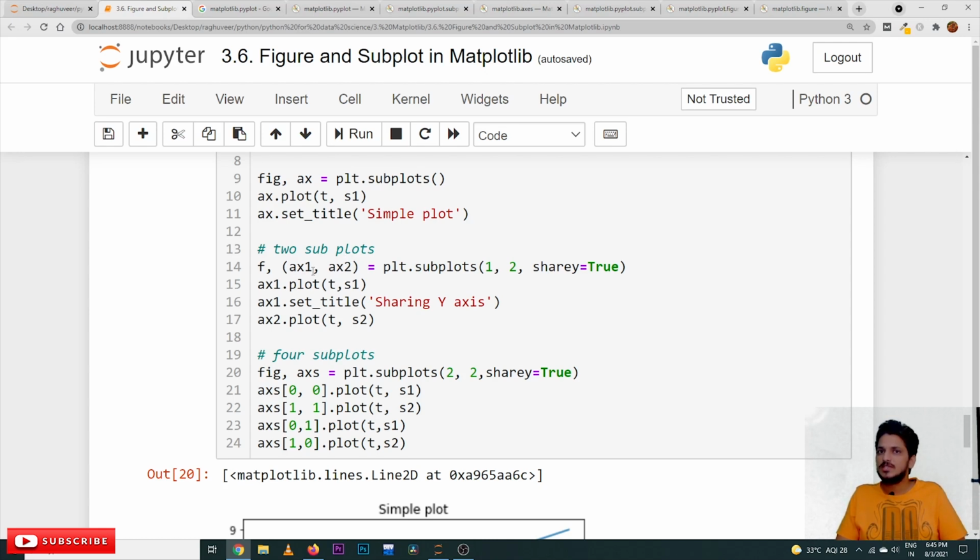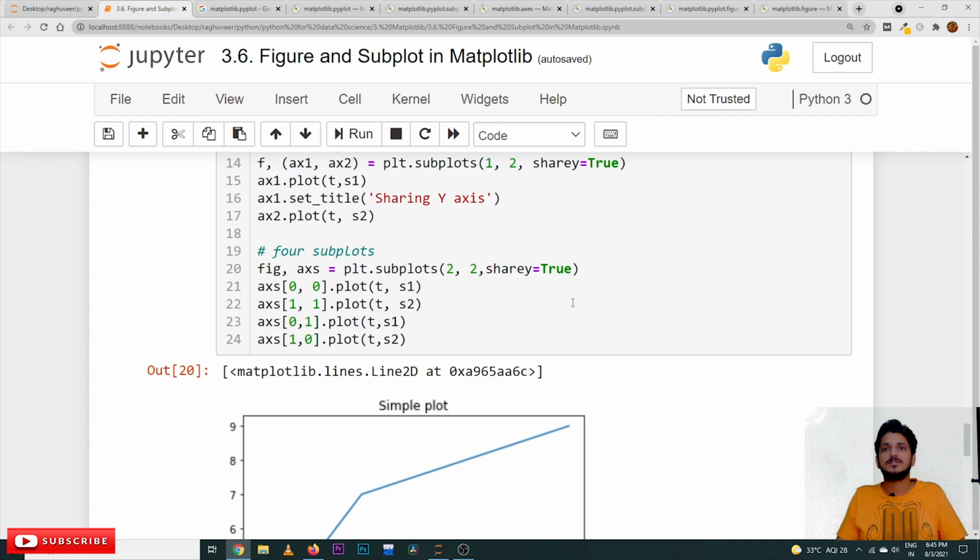So ax1 takes the axis of the first subplot, ax2 takes the axis of the second subplot. ax1 dot plot of t comma s1, ax1 dot set title, ax2 dot plot of t comma s2. And one more option we have applied, sharey is equal to true. What does this mean? The subplots will share the y axis.